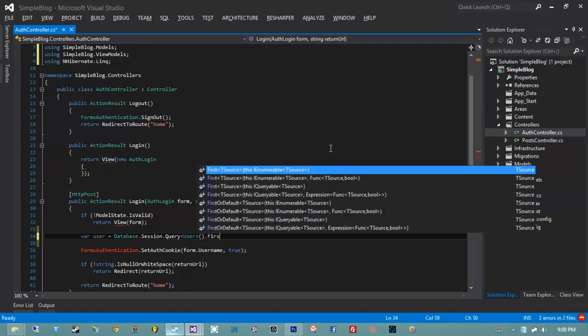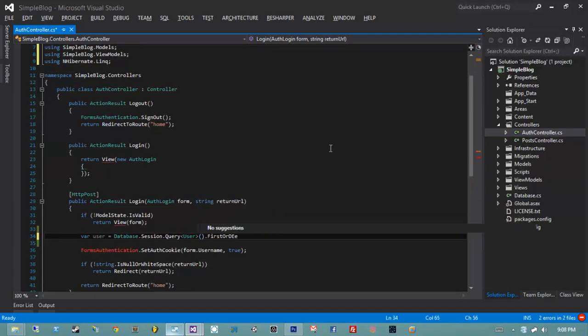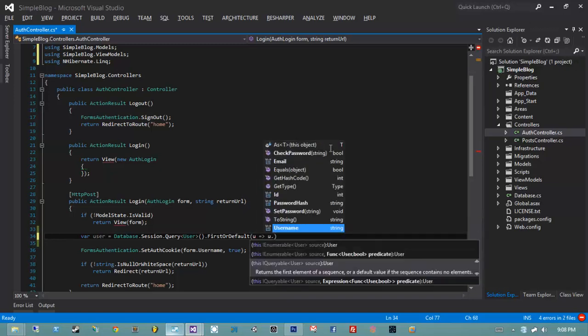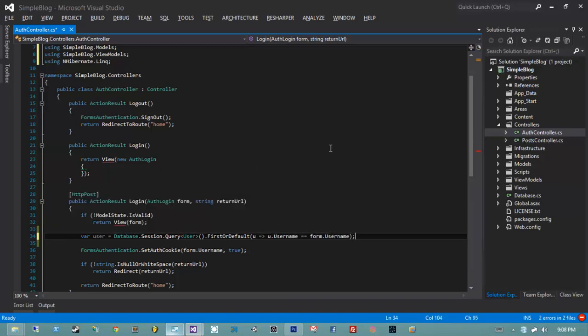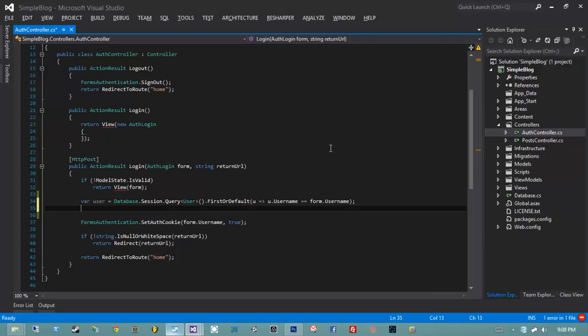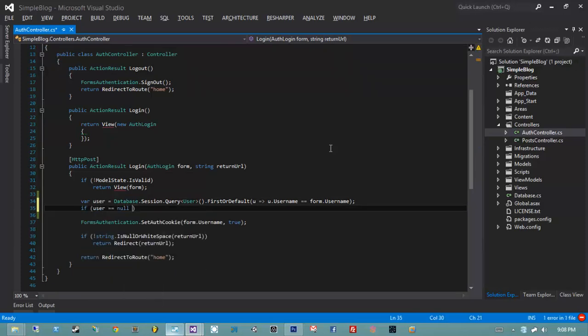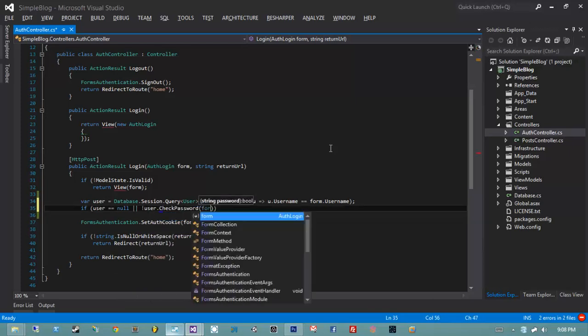Then I'm going to say FirstOrDefault, user, or how about you, goes into u.Username equals form.Username. Then I'm going to say if user equals null or not user.CheckPassword(form.Password),